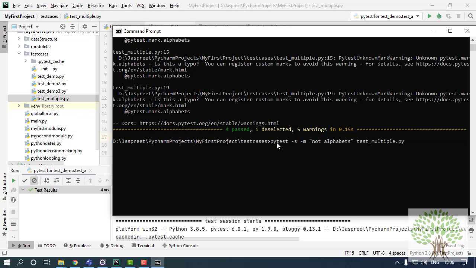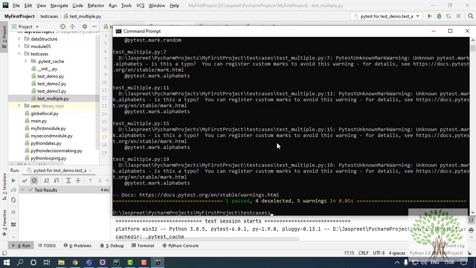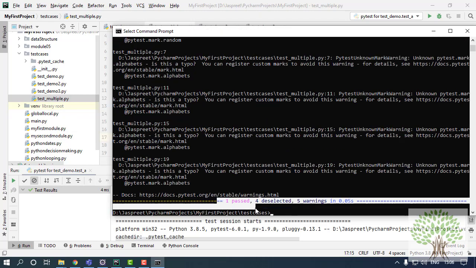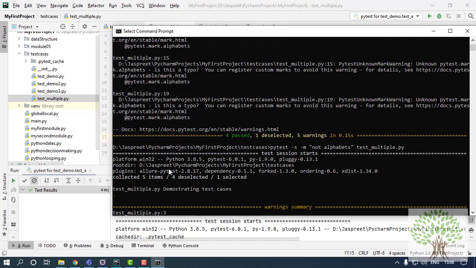By this not, except for the group alphabets, all the test cases will run. I'll press enter. You will see that only one test case has passed and 4 are deselected. And the test case that has passed is test demo, which is demonstrating test cases. Fine. So this is how the test cases are going to run in groups.